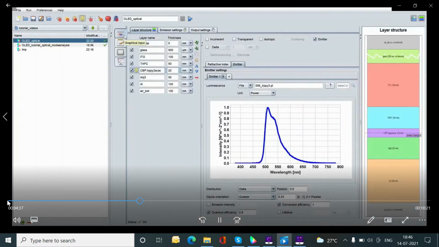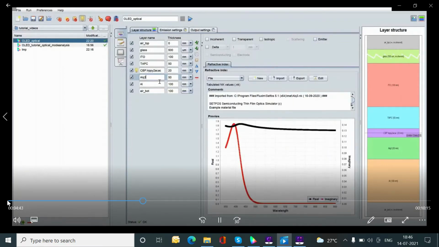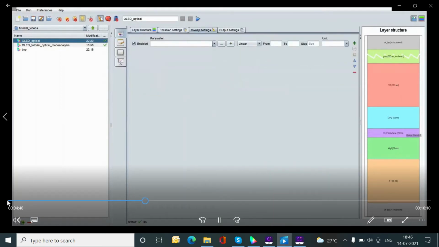So now we will start looking into the impact of the different stack design parameters, for instance the thickness of the ETL, and to do this parameter variation, I enable the sweep mode. So this is the mode where you can do the parameter variation easily.